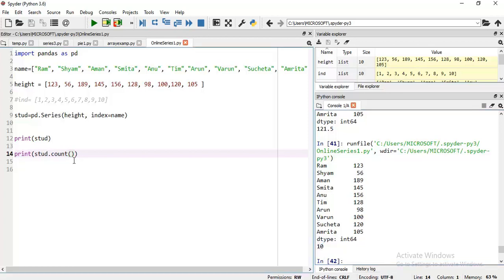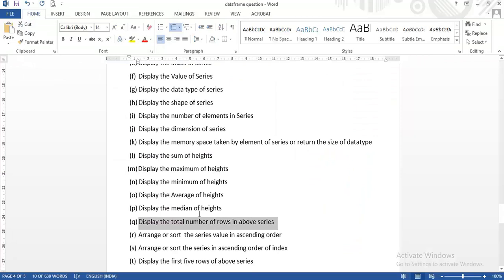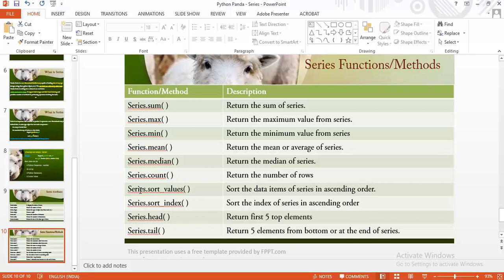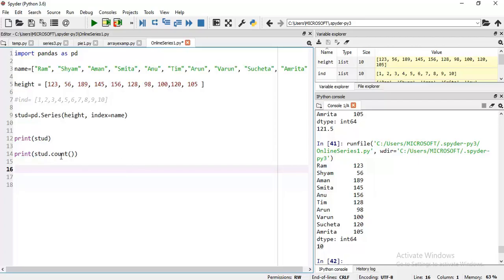Then our next is arrange or sort the series values in ascending order. For this, what function do we have available? series.sort_values sorts the data items of the series in ascending order. So I am going to use the sort function.